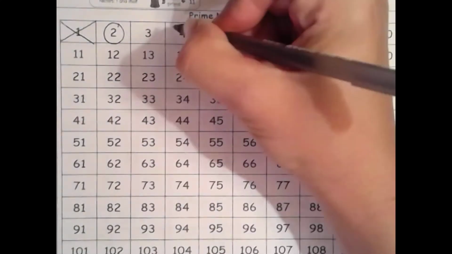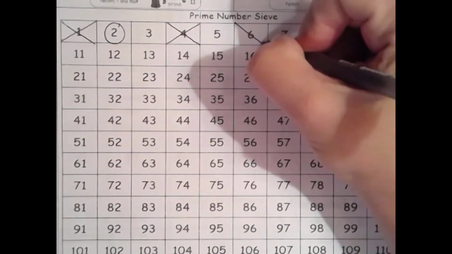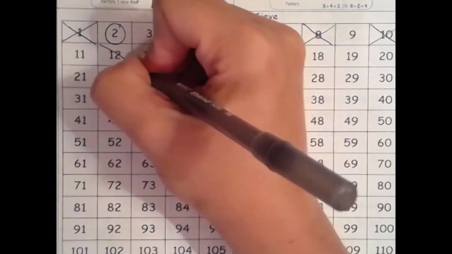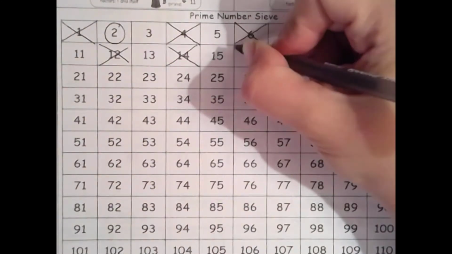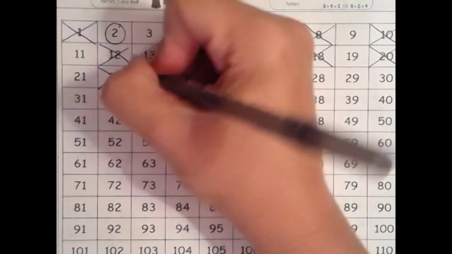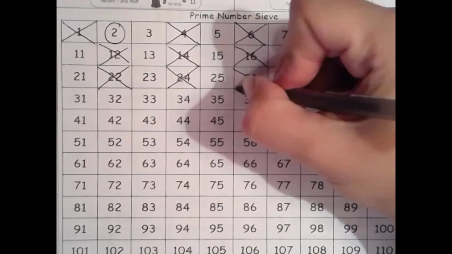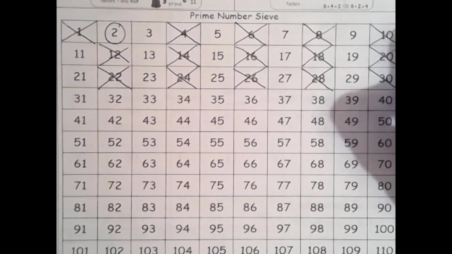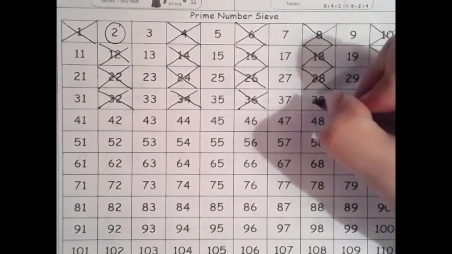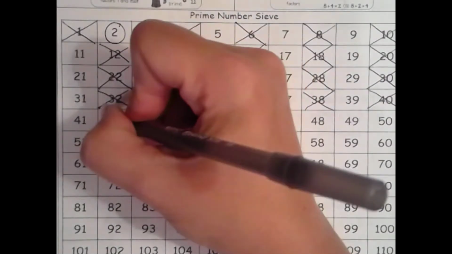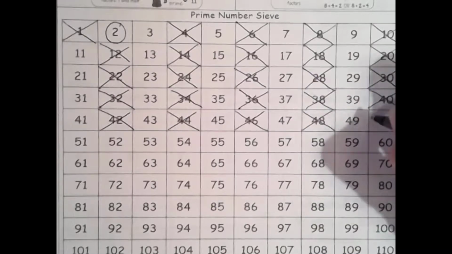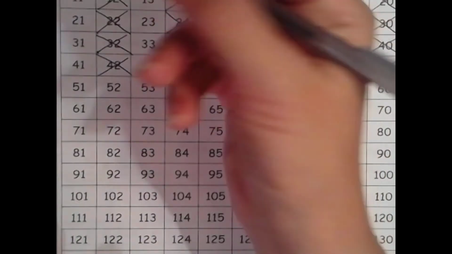So we're going to go through right now, and I'm going to cross out 4, 6, 8, 10, 12, 14, 16, 18, 20, 22, 24, 26, 28, 30, 32, 34, 36, 38, 40, 42, 44, 46, 48, 50, 52,